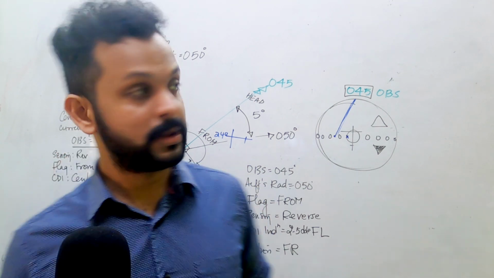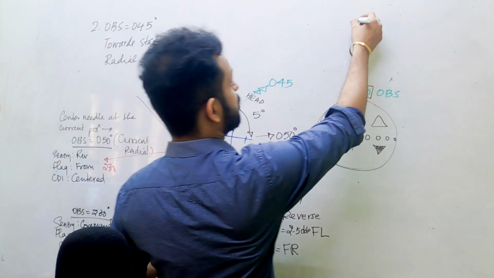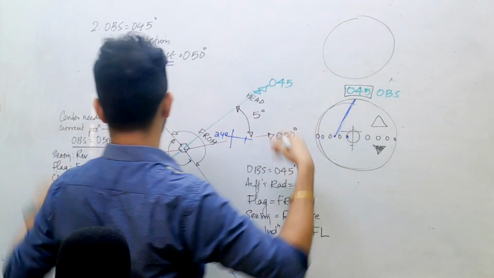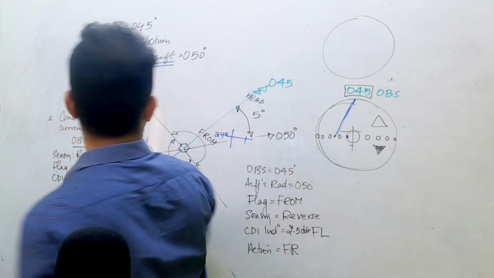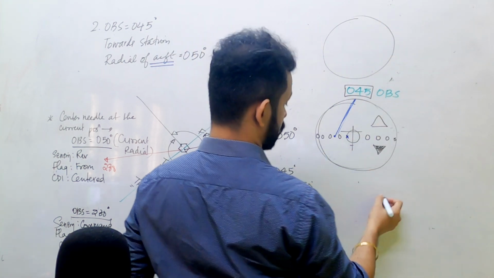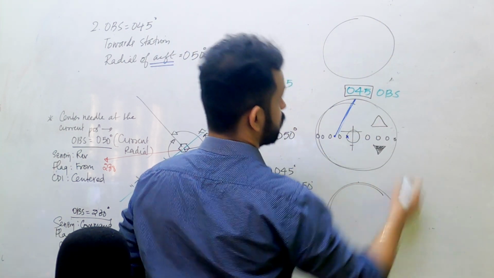Right. All right. Let me also draw the RMI indication for this question. You have to note this one. You can note this as a separate point, and you can then draw how the RMI would look and how the HSI would look